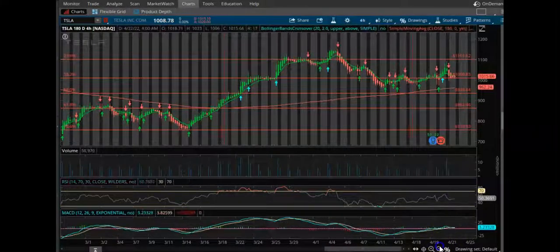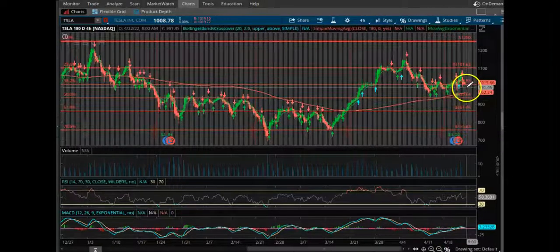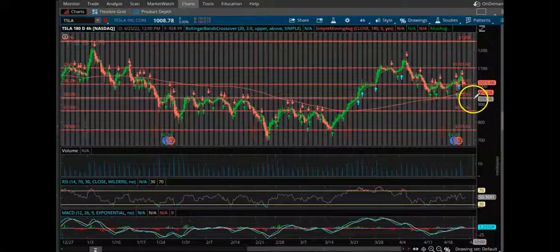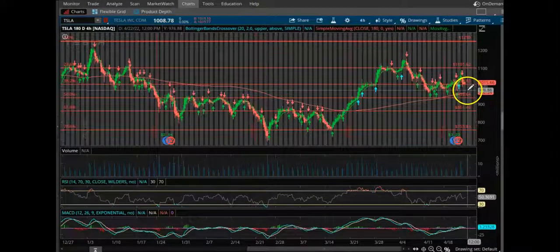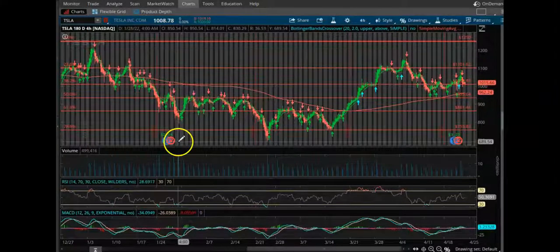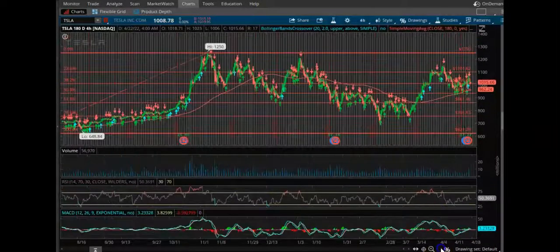So it's actually coming to a crucial point here on the red SMA line, which is about 962. If we fall below that, we could see a little temporary downtrend in Tesla, or if we bounce off of that, then you could see it popping back up towards the $1,000 mark or above, right? So these indicators are what I use for a swing play, whether it be for the long term or the